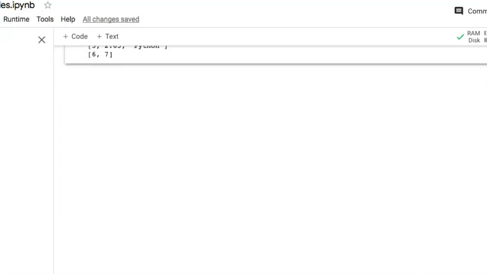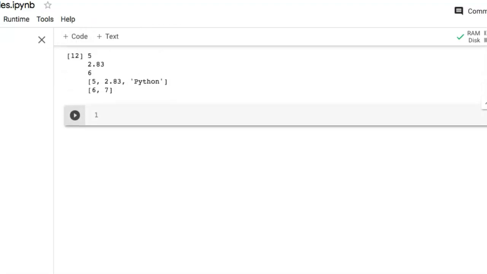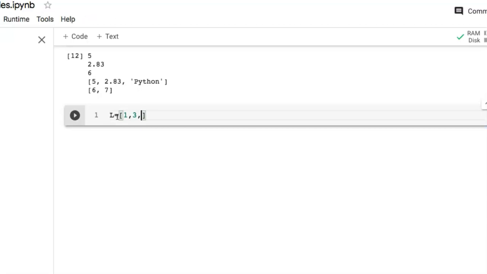Now we'll take another code cell and we'll write program in which we'll apply indexing, but will leave starting and ending index. So take 1, 3, 5, 2, 8, 9, 0, and 4.